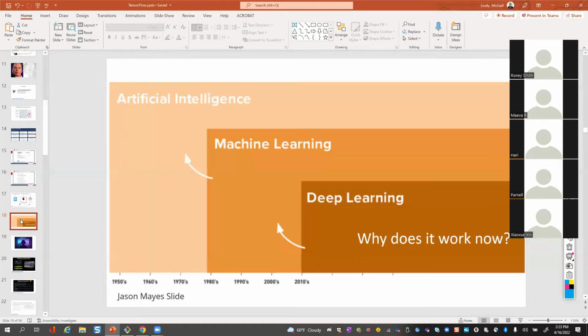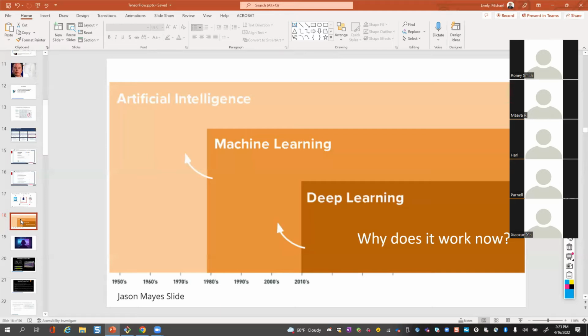And then we began to understand featurization around the 80s. And we started coming up with ways to train computers without programming them. And that was machine learning. And underneath that came neural nets. And that's what we're going to talk about today. That's what TensorFlow is all about. And neural nets is a way to use training to put human intelligence inside a machine.